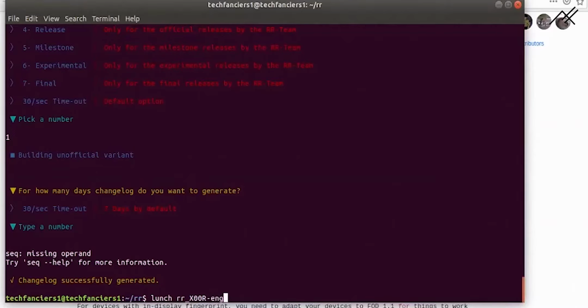One is the engineering build, which has a lot of tools, features and configuration used for debugging, which would be advisable if you are building it for the first time. If you are building an engineering build, it will be easy to get the logs and all.